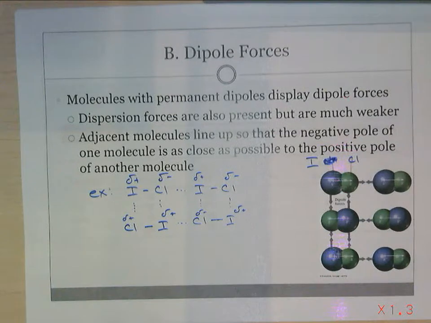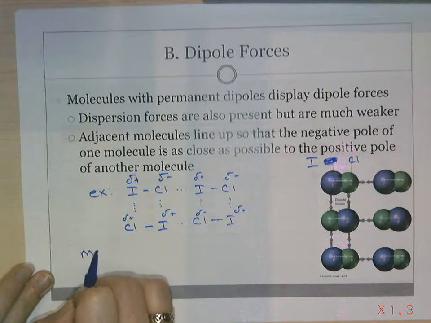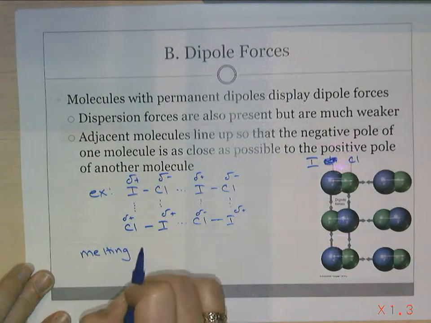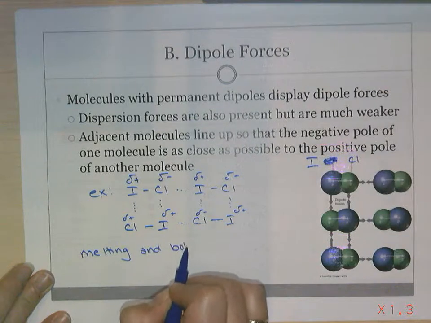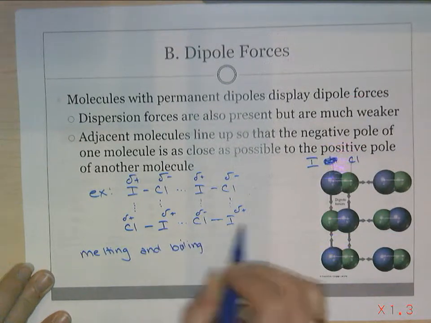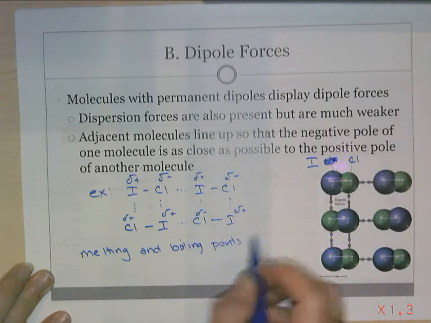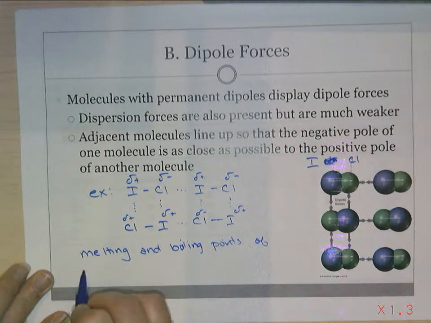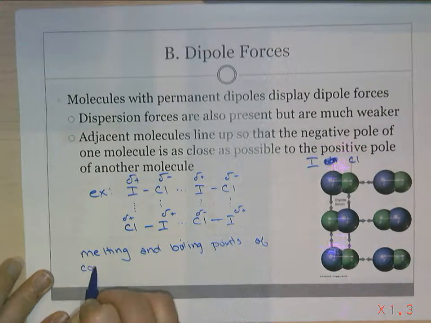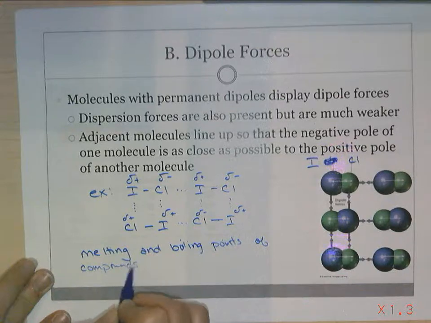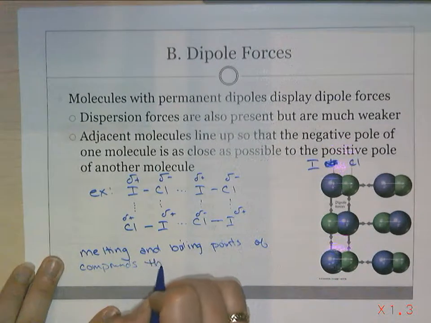So what would you imagine the melting point and boiling point would be? Would they be higher or lower than a molecule that's just dispersion? They should be higher, right? So melting and boiling points of compounds that have